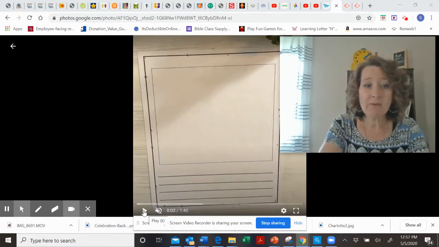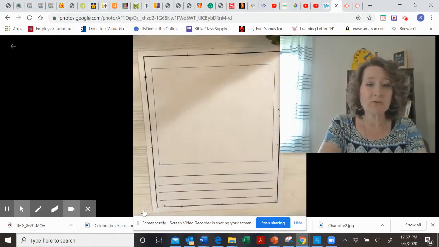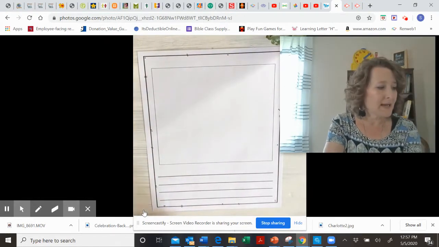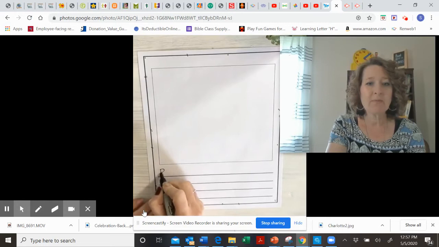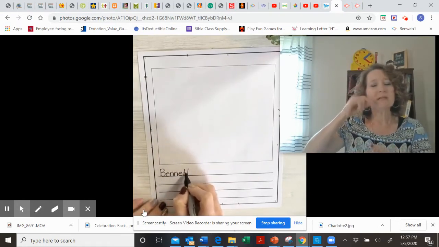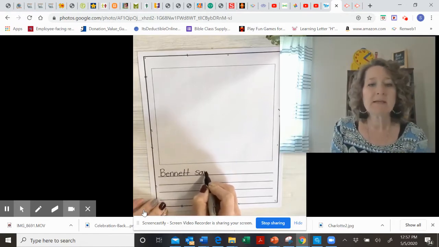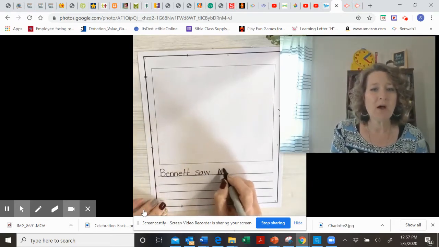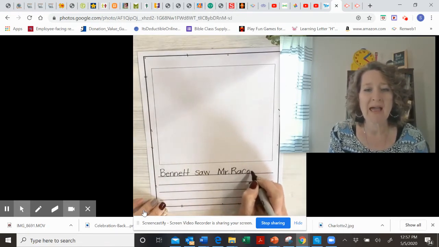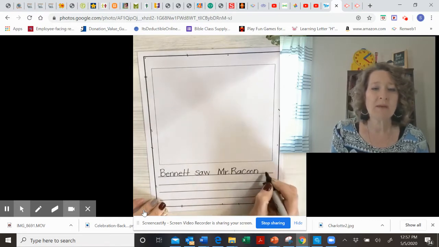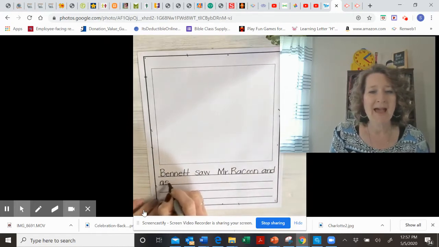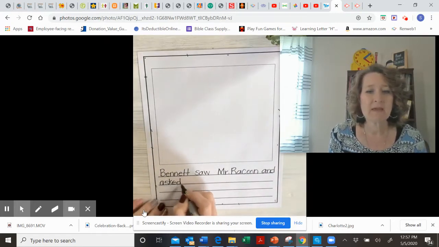Okay, so now I'm going to write about what Bennett did when he saw Mr. Raccoon. So I'm going to start out by saying Bennett, capital B because it's his name, proper noun. Bennett saw, we know how to spell saw, Mr., capital M because that's part of his name, capital R for Raccoon. Bennett saw Mr. Raccoon and asked him,